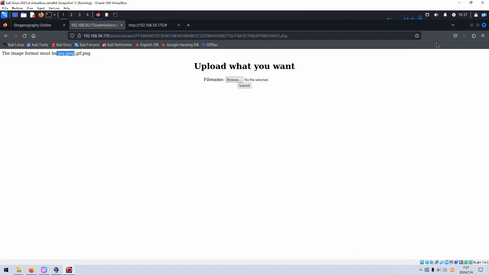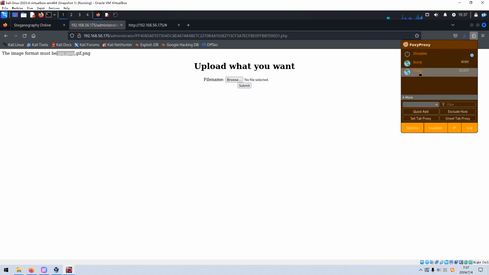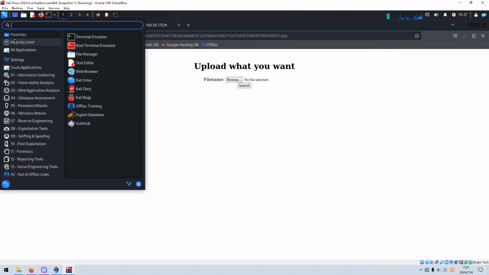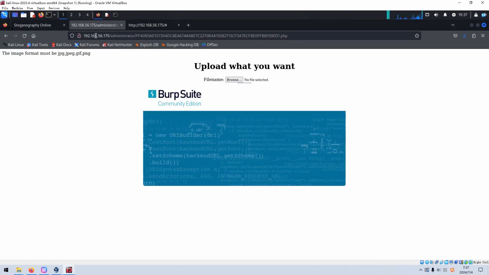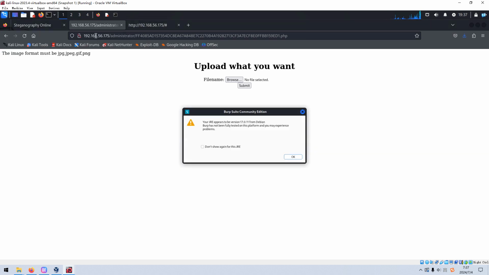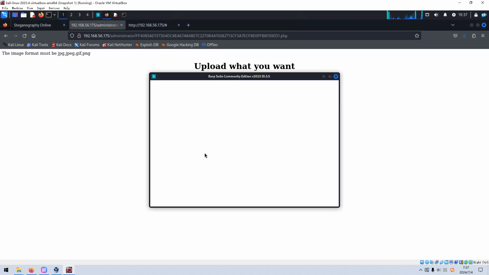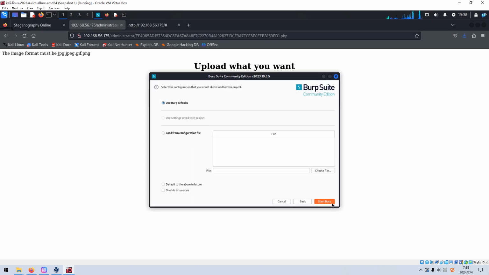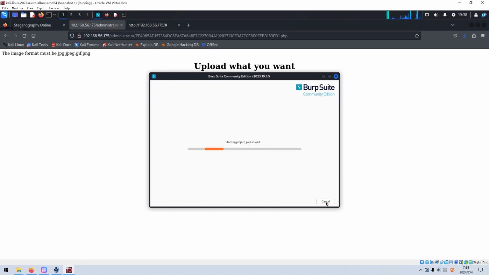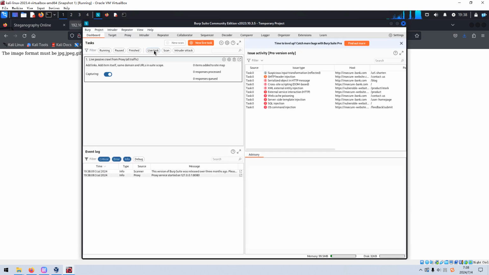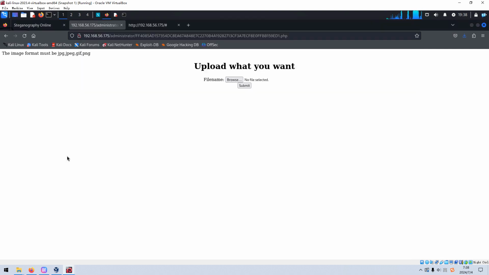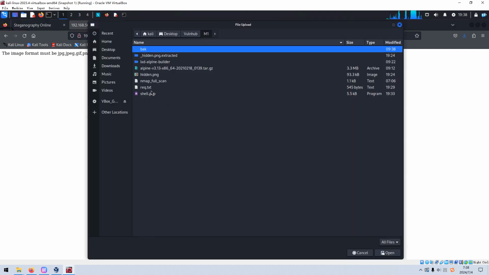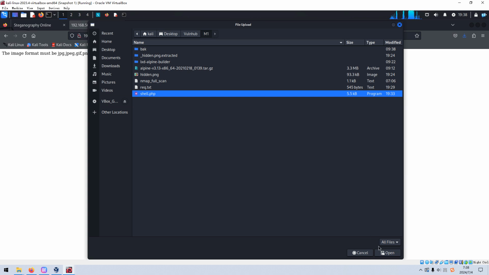Okay, sorry, I need to enable the proxy, and then we can launch our Burp Suite, and then we can click next, start, and proxy. So we can try to upload this file again,